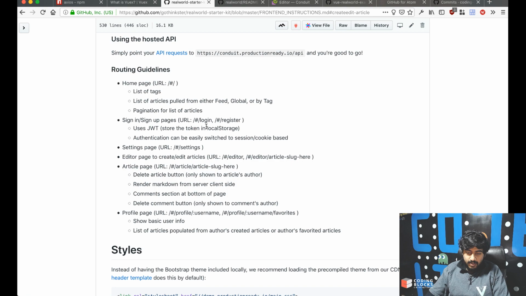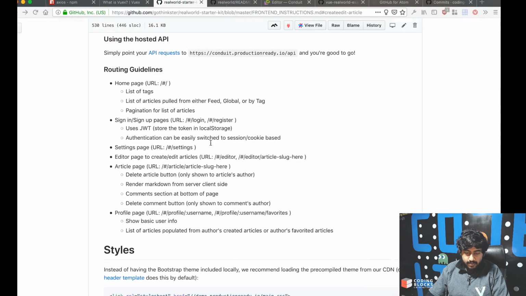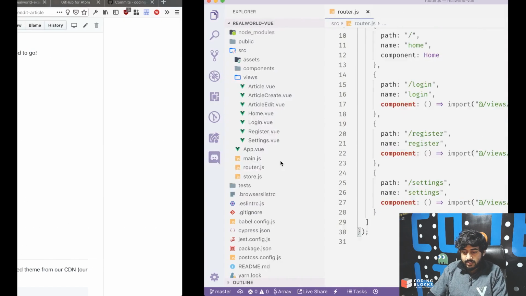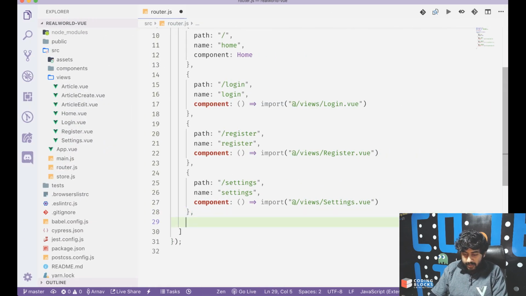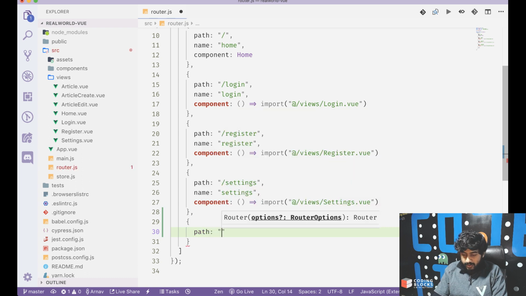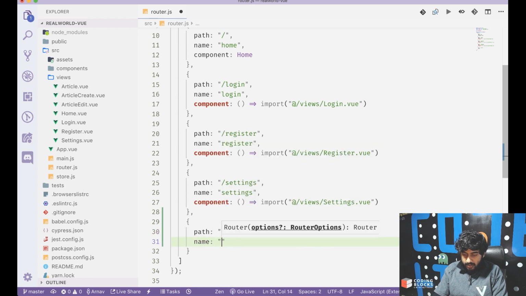I think we have got the login and register part done properly, and we have got the settings. So we need to set up this editor, the article page, and the profile page, and the routes are going to be like this: editor, article slug, somewhat like this. So we'll have a path to editor, which would be taking us to